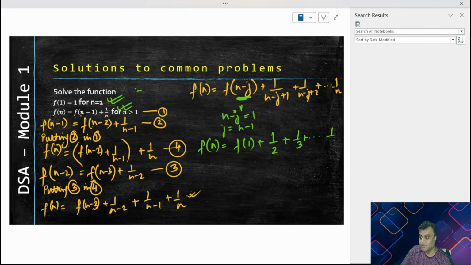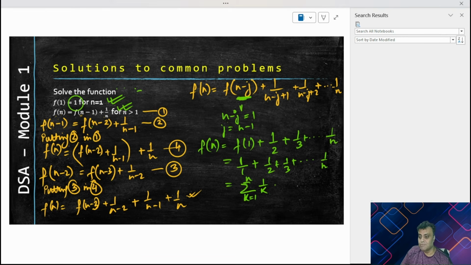And in this way, it will go on till 1 by n. Now, if you put f1 as 1 or 1 by 1, because f1 is already given as 1, you will get 1 by 2 plus 1 by 3 plus up to 1 by n. And this is nothing but a summation of k equal to 1 to n of 1 by k,